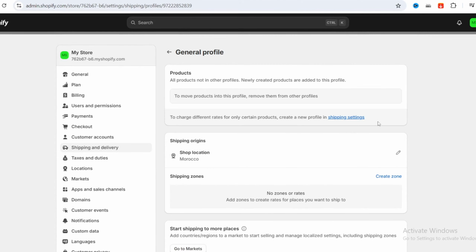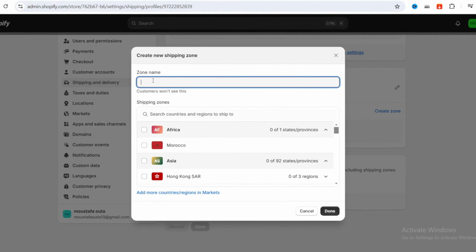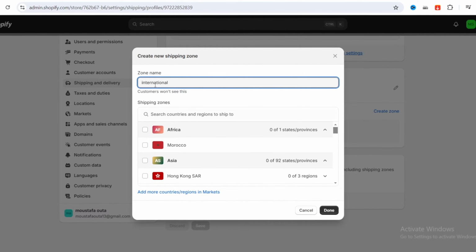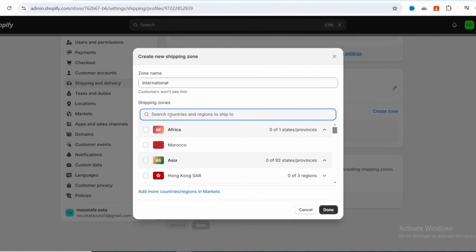Then you need to create a zone. For example, hit on create zone. Then the zone name, for example, is international. Then in the search bar, type which country and which zone you want to add to your Shopify account. For example, United States,